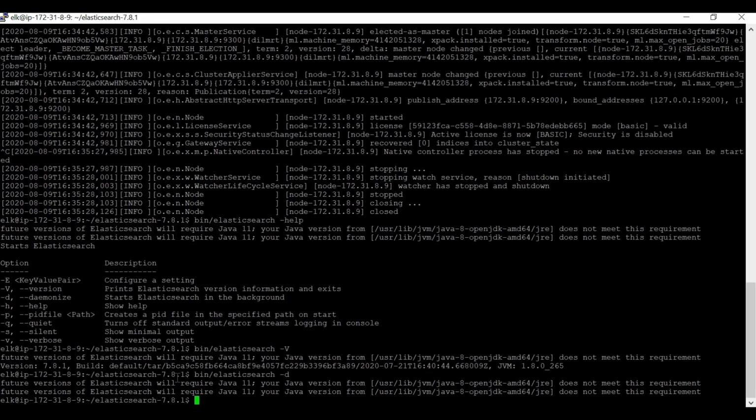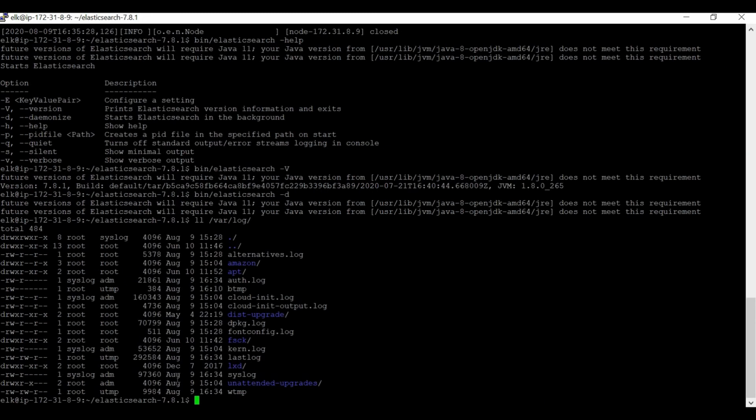Okay, so now if you want to check its particular log file entry, you can check if its service is up or not in this way: /var/log/elastic. Let's see if any folder got created or not.